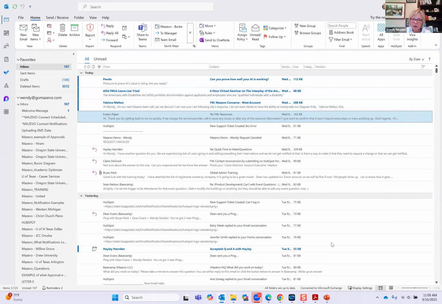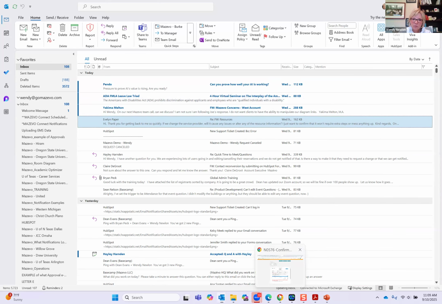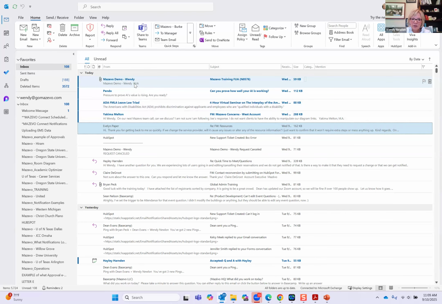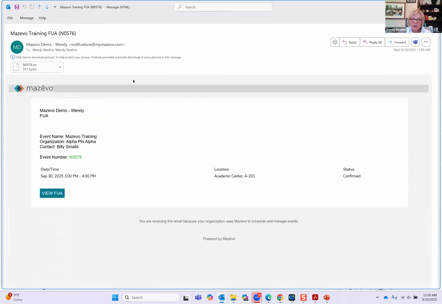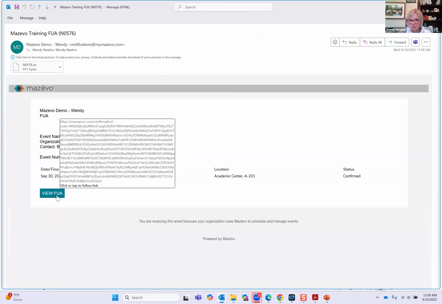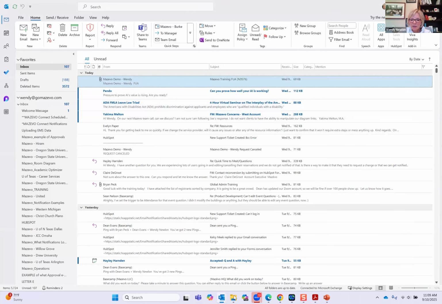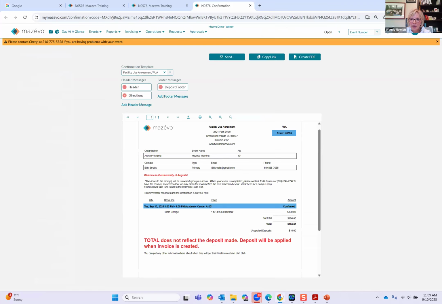I don't really want to wait on it, guys. We'll come back to it. Oh, it just came through. See that FAU? Okay, here's what it will look like. View FAU, facility use agreement. All right, let's go take a quick look here at